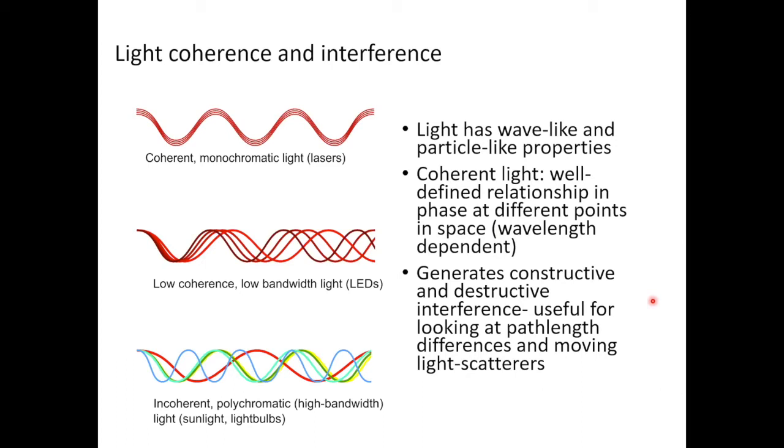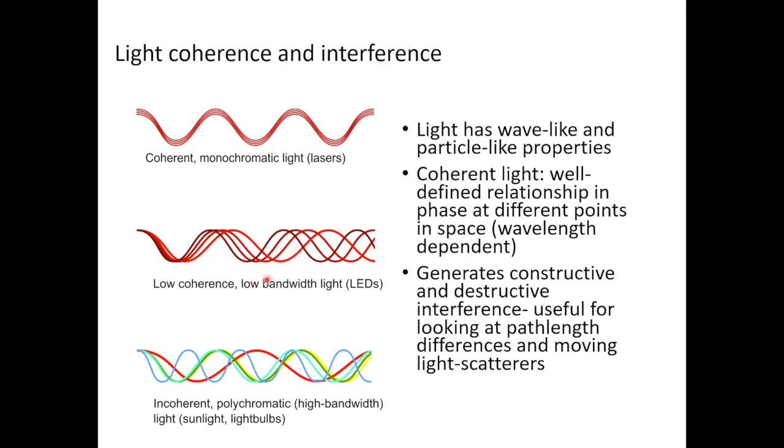Okay, another very important property of light that we take advantage of is the concept of coherence. Like I said before, light has wave-like properties, and so for a coherent light source like a laser that's monochromatic, coherence basically tells you that there's a very well-defined relationship between the phase of light and the distance that it propagates. So if a bunch of beams of light or a packet of photons all start out in phase at the same time, as they propagate in space, you're going to maintain this phase with one another,